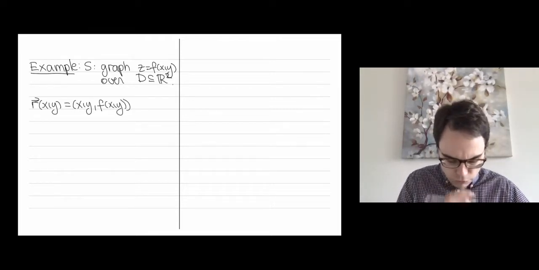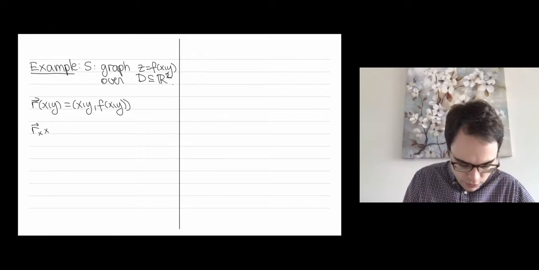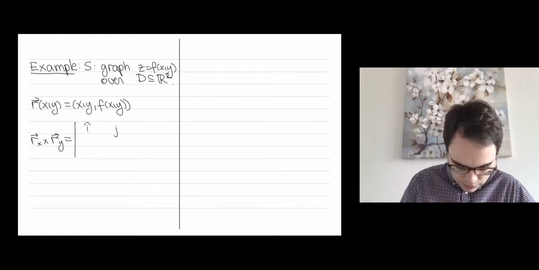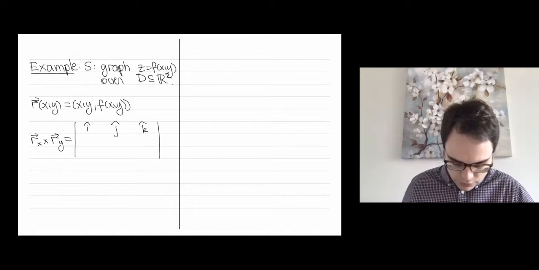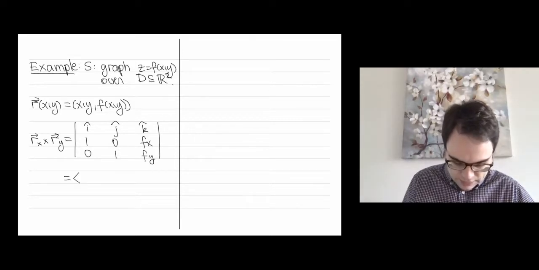And then, what's ds? ds is the length of the cross product of the two partials. So here are the two partials, and the cross product is a determinant. Let me bring this one line down. The cross product is a determinant where the first row is the three standard directions. In the second row, you put the first vector, the x partial, that's 1, 0, and then the x partial of f. And the third row is the second vector: the y partial of x is 0, the y partial of y is 1, and the y partial of f is f sub y. So if I compute this, I get